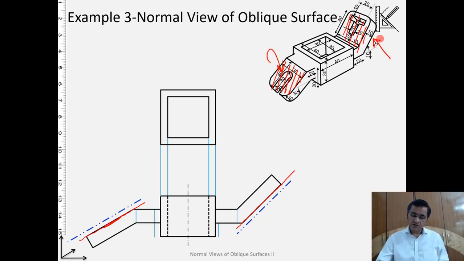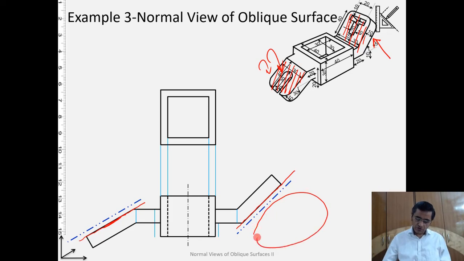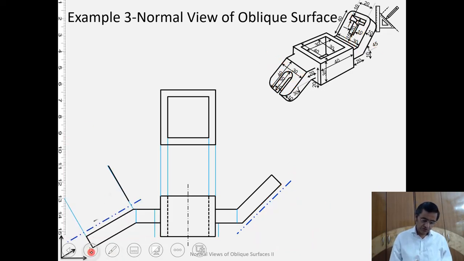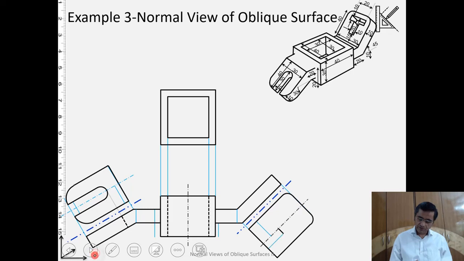And we know what this object looks like when we see it from the bottom, and also here when we see it from the top, what it looks like. We know it because these are given to us. So with the help of this we can draw the true views or the true shapes of these inclined parts here. So let us do that. If we draw the true shapes, that's quite straightforward. I will not spend much time on that here, and similarly over here the true shapes are drawn.